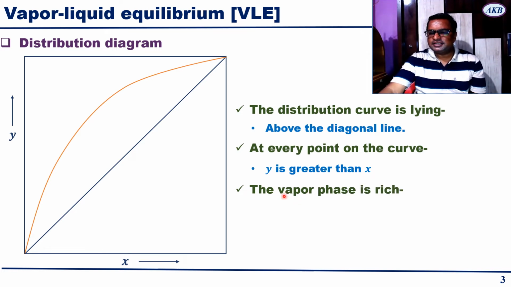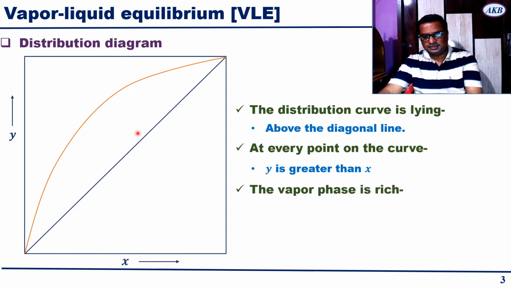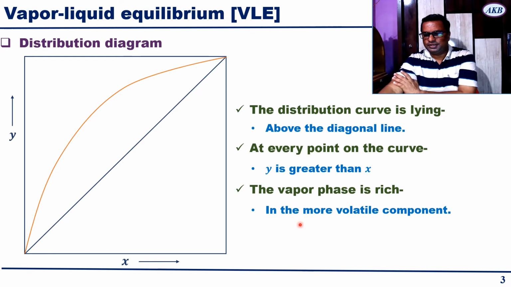This indicates that the vapor phase, since every y is greater than x, is rich in the more volatile component. In other words, the concentration of the more volatile component in the vapor phase is greater than that in the liquid phase. So at equilibrium,